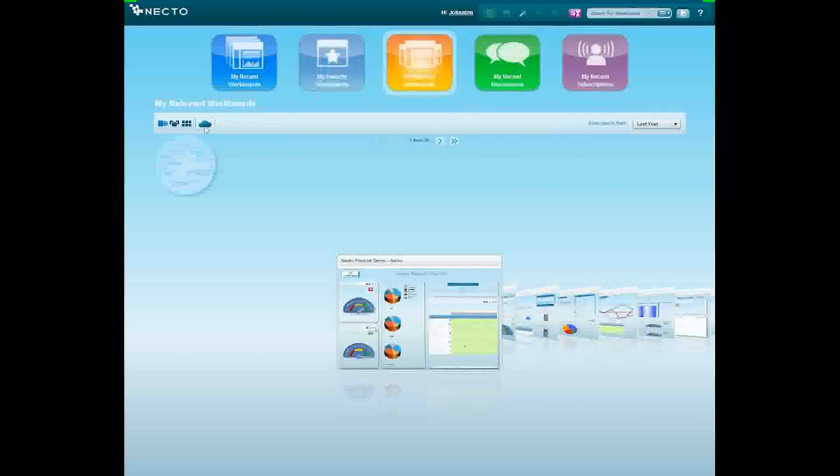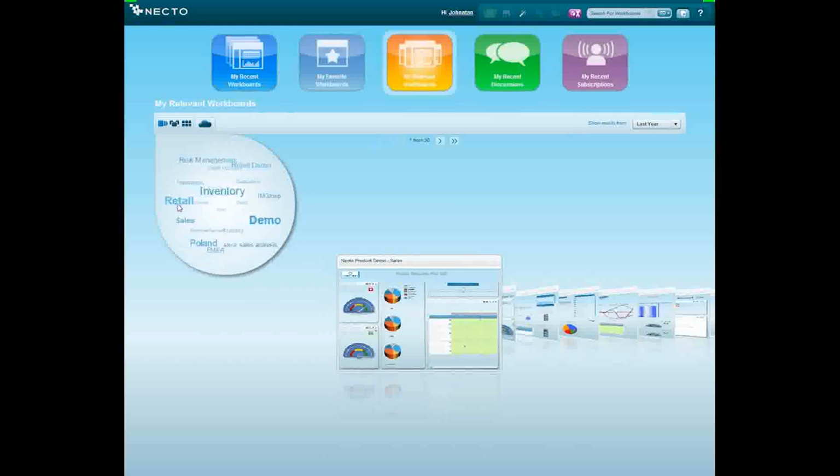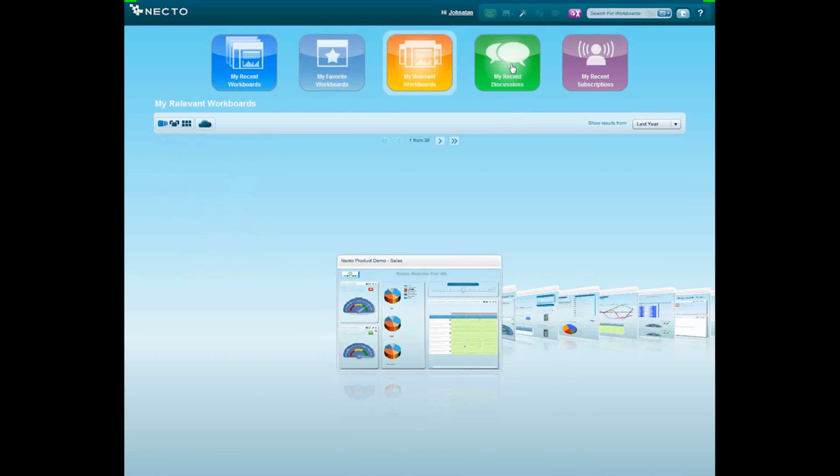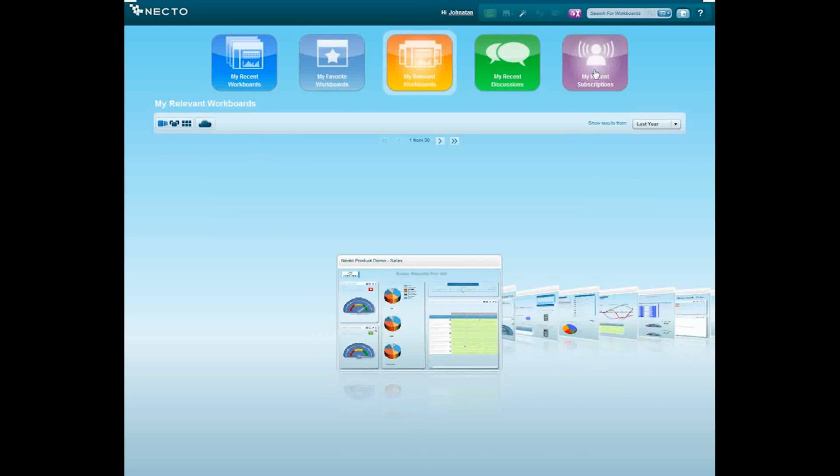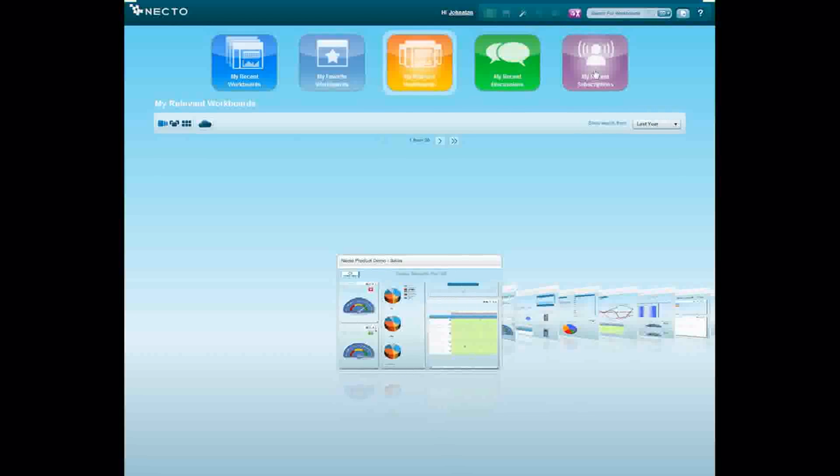I can also filter that content by using the topic cloud and, for example, decide I want to see only workboards which are related to retail or to sales. I can also see the recent discussions tab, which will show me all different discussions I had recently using Necto, and the subscription tab. Subscription basically is a way for me to automatically receive workboards that were created by other users. In every organization, we typically have analysts which create reports, and this way we can have them online and